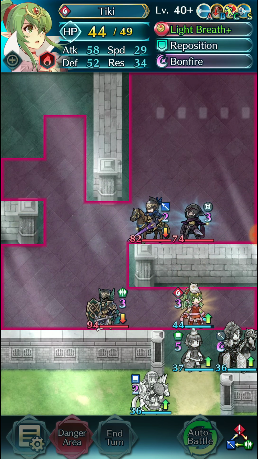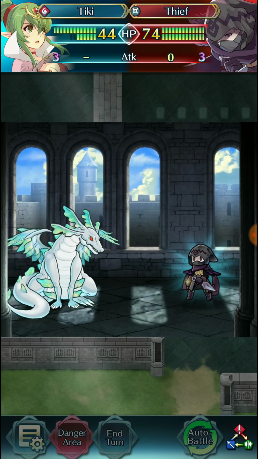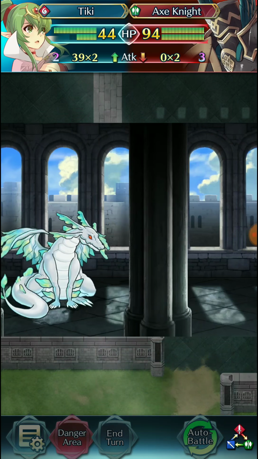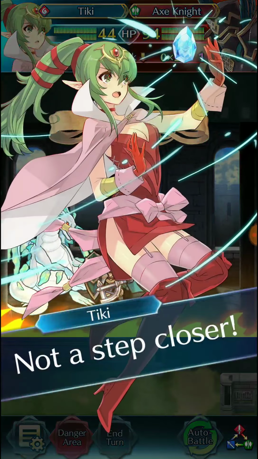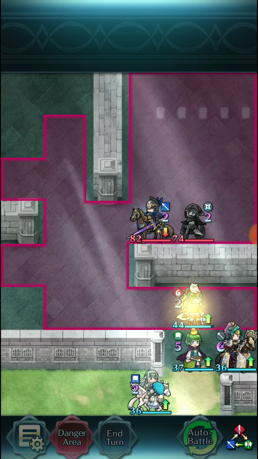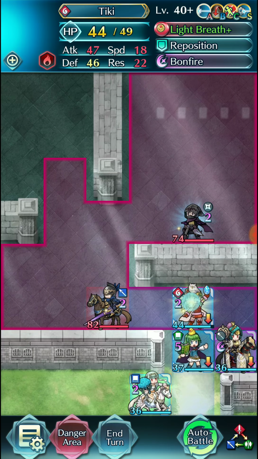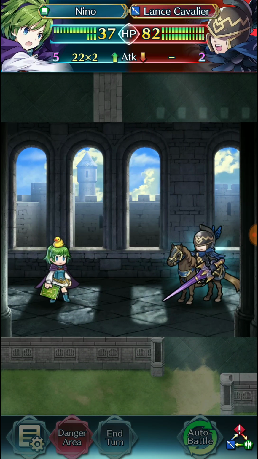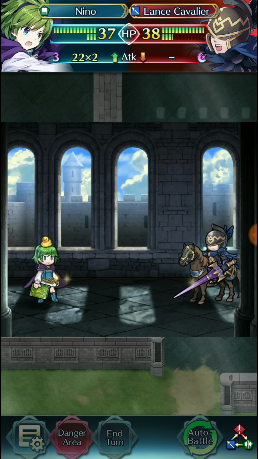Tiki can actually live this Eirika, but the issue is getting there, because you have the cav units and stuff in the first place. So sure, I can set it up so Tiki can live, but I don't have the time to figure out how to actually get there to show it, so feels bad, man. So we're gonna back off Tiki here and use Nino to annihilate this Lance Cavalier, get some charges on our special,